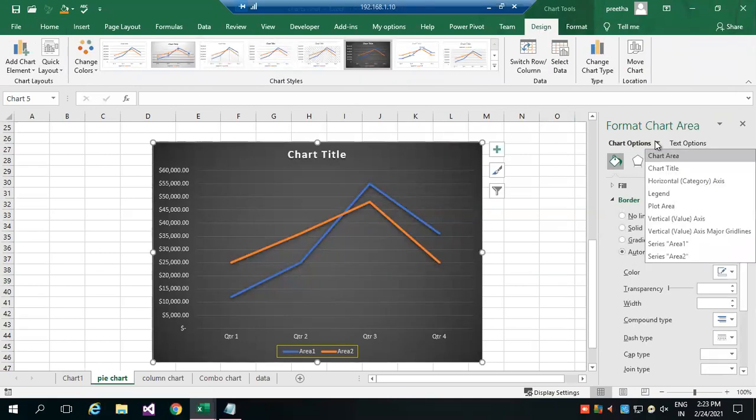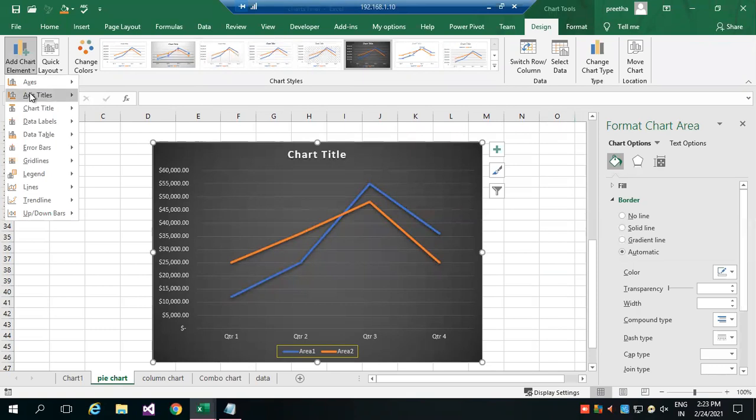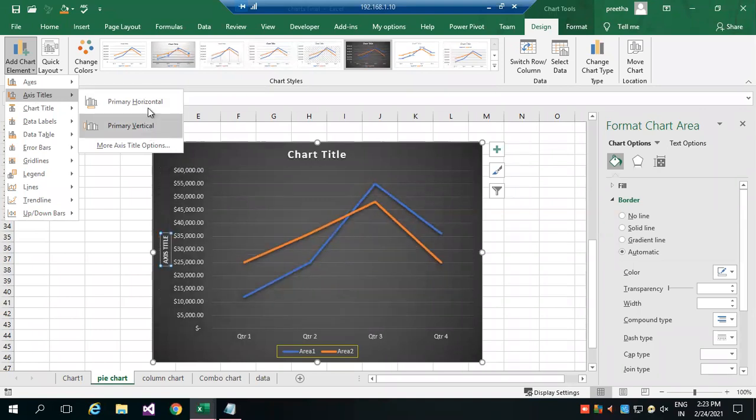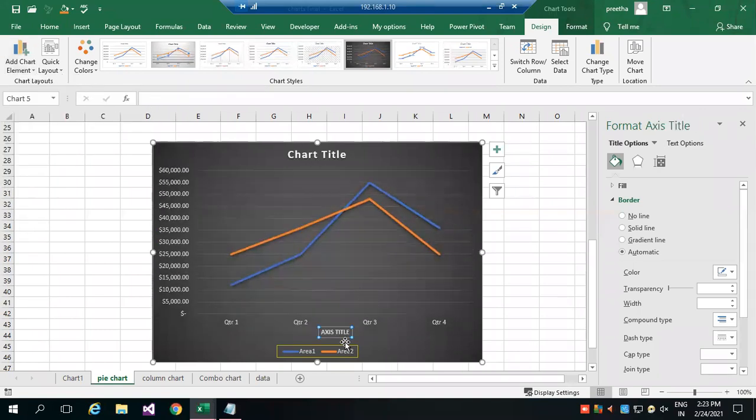Okay. So each part of the chart element can be altered. Suppose I wanted to add my own title. For example, in the x-axis, I want a title, so I just add quarters. Okay.